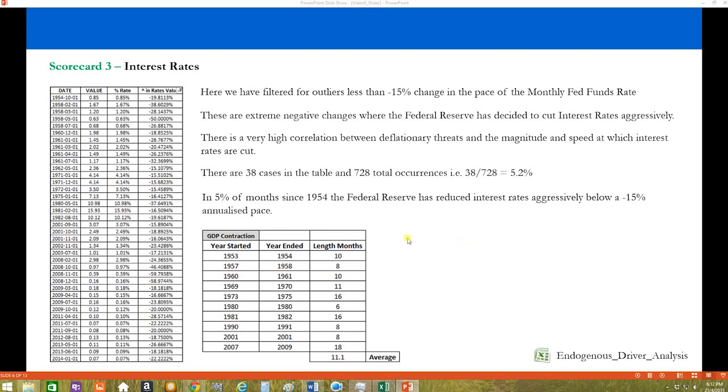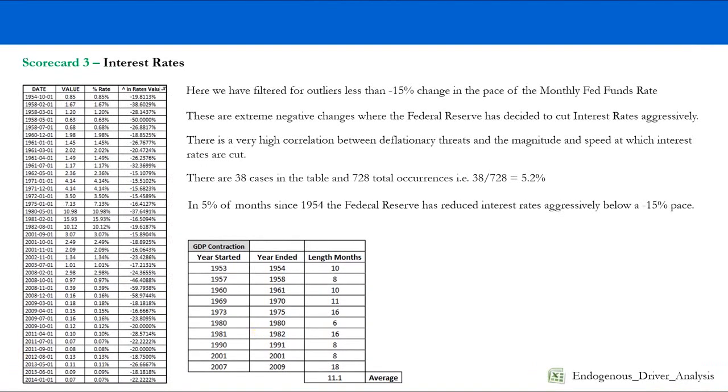And we have here the GDP contraction table from earlier. And when you compare this to the periods where the percentage change in interest rates is more negative than minus 15%, what we see is that there's a very high correlation between GDP contractionary periods and the periods in which interest rates are aggressively cut. And if we look a little bit closer at the data,